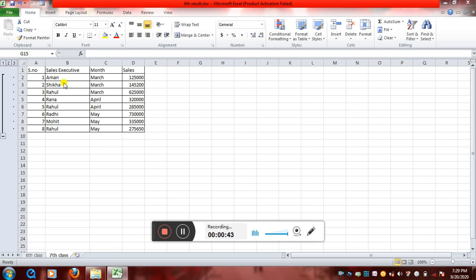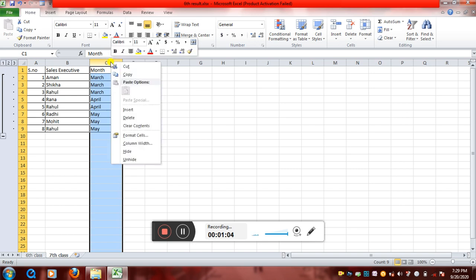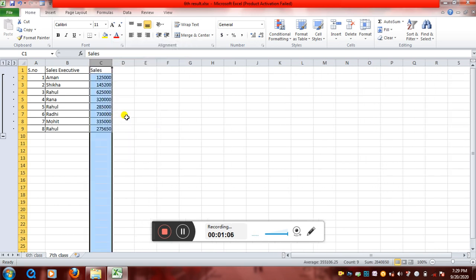Before creating a chart, we have to first select the data. As you all can see, I already have a worksheet in front of the screen where I have written sales executives' monthly sales. Let's just delete this month. We'll choose sales executive and their sales. So this is the name and their sales for the month of, let it be, March. While selecting the data, we have to be sure that we are selecting all the ranges